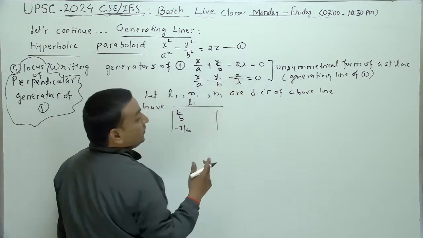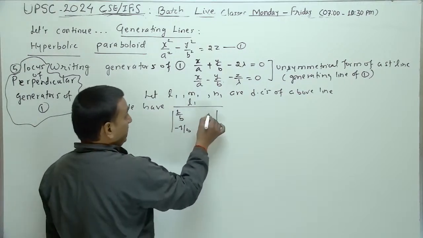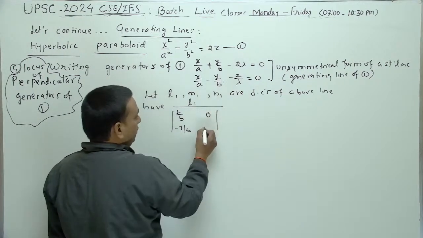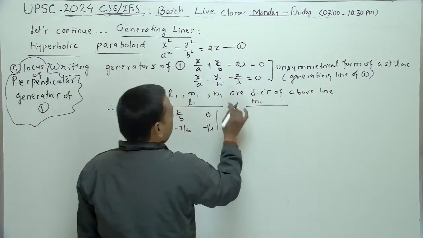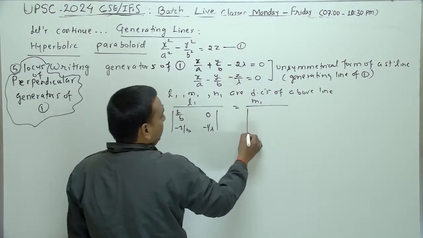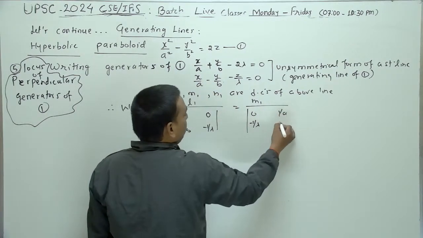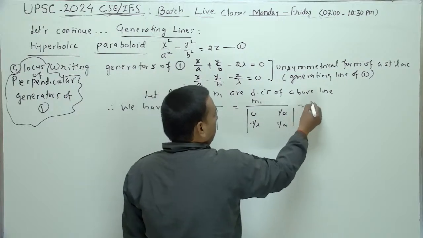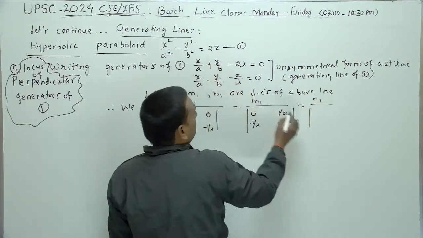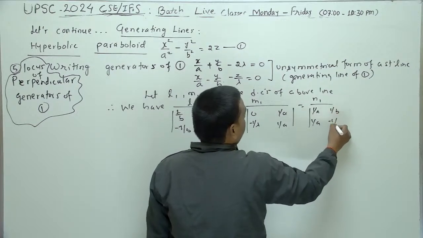Here z का coefficient, not constant. ध्यान रखना नहीं तो पूरा गलत हो जाएगा. z का coefficient is 0. Here z का coefficient is lambda. M1 upon z का coefficient 0, minus 1 upon lambda. x का coefficient is